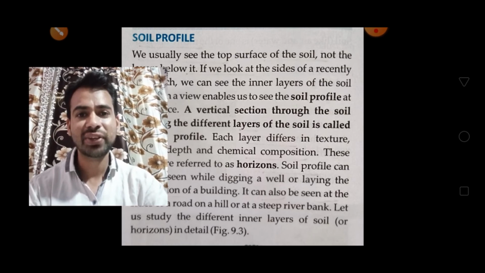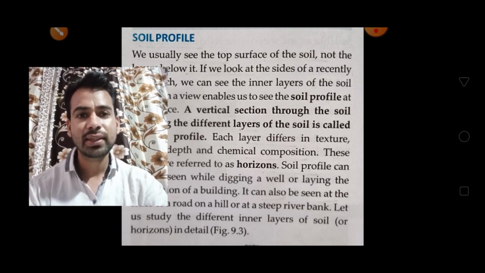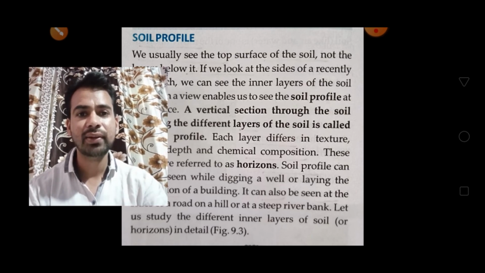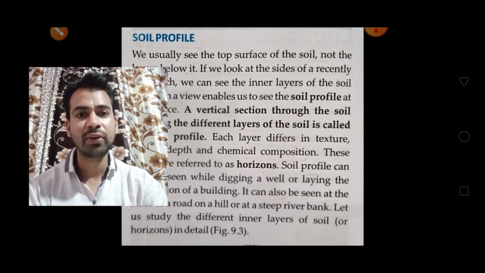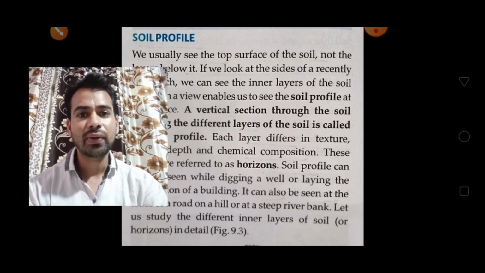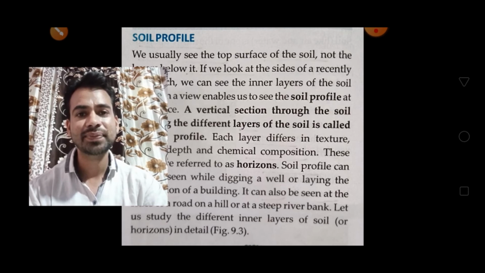Children, in our previous videos, we were discussing chapter 9, that is soil. In this chapter, we have discussed the introduction of soil, in which we have discussed that soil is an important natural resource that supports the life of trees and plants.